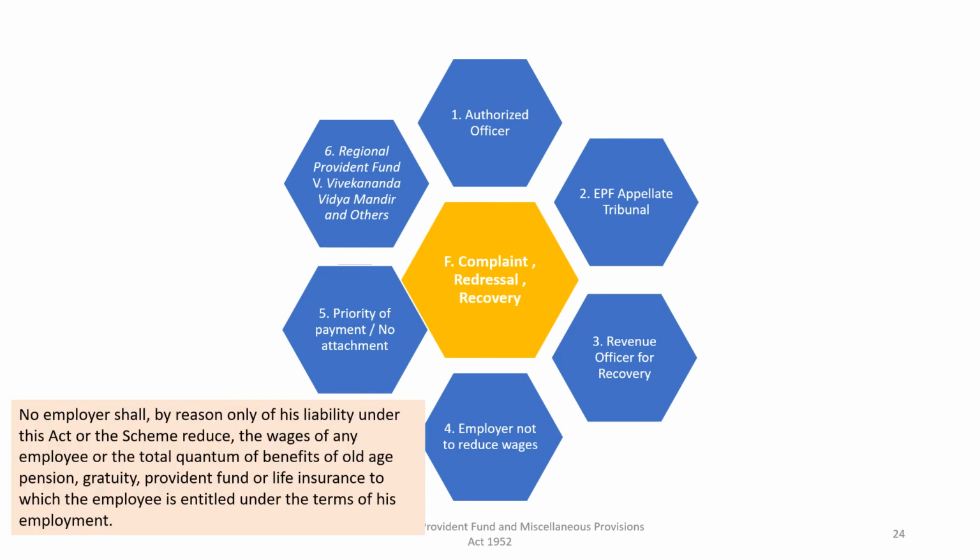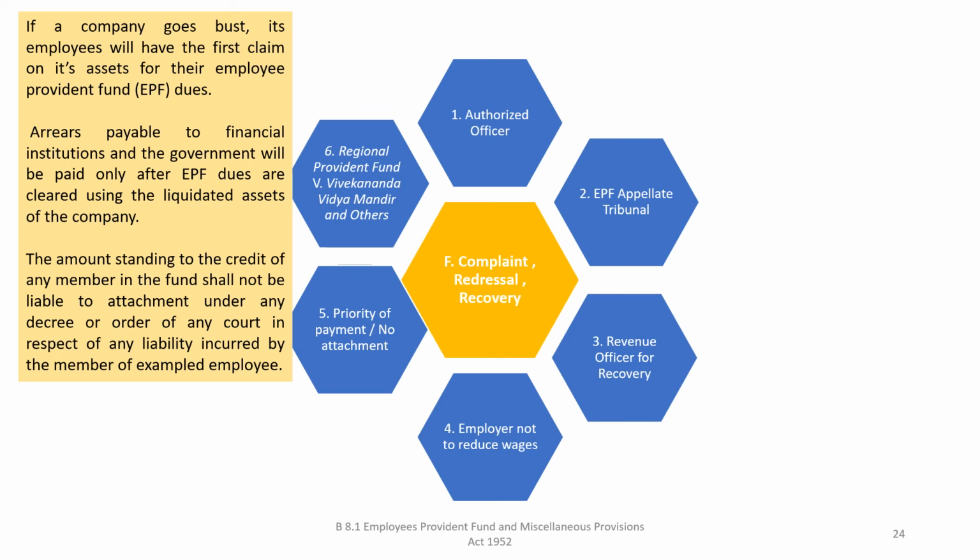And the Act very specifically states, under no circumstance the employer will reduce any of the benefits such as pension, gratuity, provident fund or life insurance in terms of his employment just to provide for coverage under this Act. And whatever payments due to the employees under the Provident Fund Acts and their various schemes, employees will have the first claim on the assets of their employers, and they will have preference in terms of getting the money in the course of liquidation, and no court can pass an attachment order on dues to any member of the Provident Fund under its various